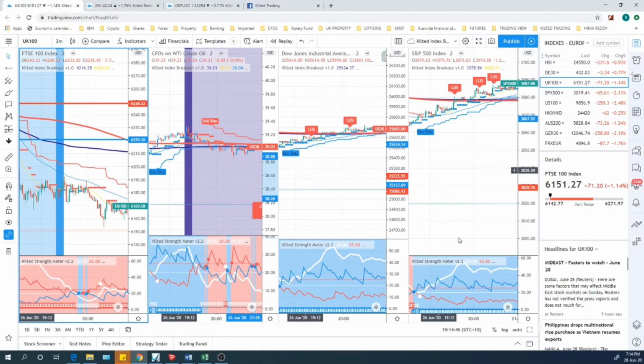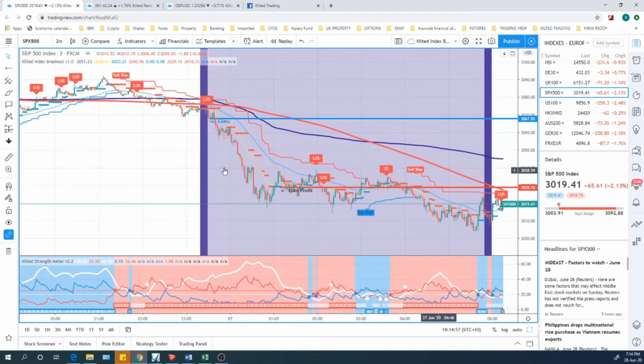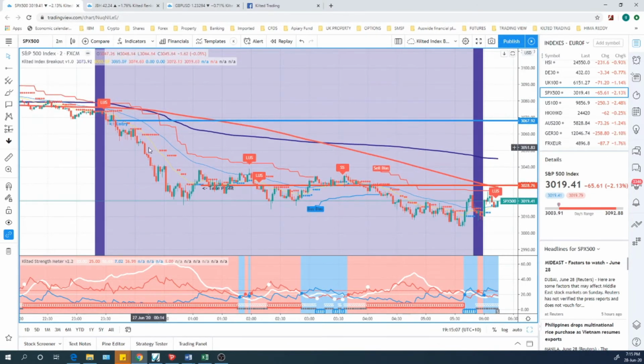I might go to the S&P 500. Why not go there first? That's the one that everyone is looking at at the moment. Now, it was crazy stuff on Friday. So we can see here we've got a bit of a sell bias going into the open, which is no surprise with the news that's going on there. Now, how we would have done on the